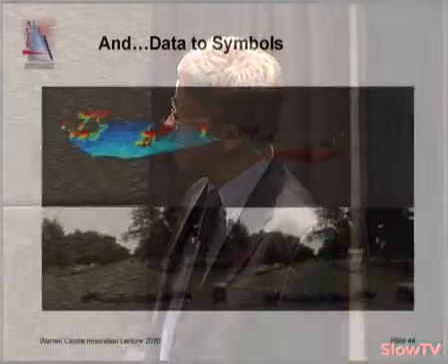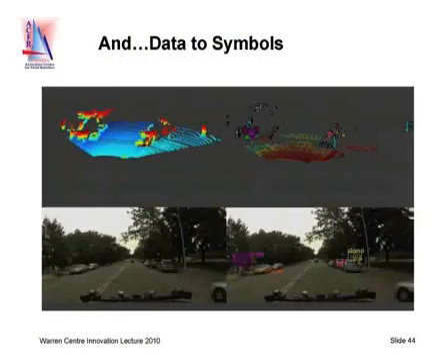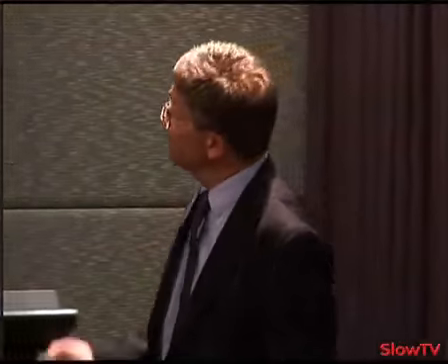And ultimately one of the goals is to take that and not just deal with data and show data, but to say that that data is a tree, that data is a car, that data is something else, a pedestrian, and so on. So actually interpret this information in terms of something that people or a machine can actually use in a visible form. Here's another interesting outcome, yet another startup company out of the group, and this is really